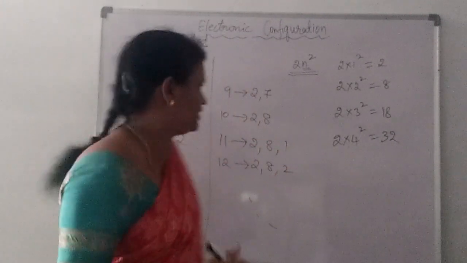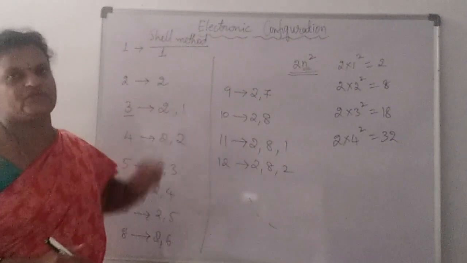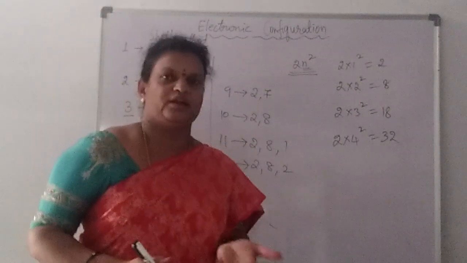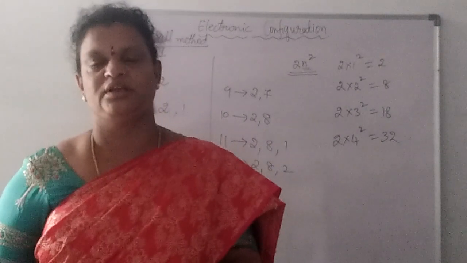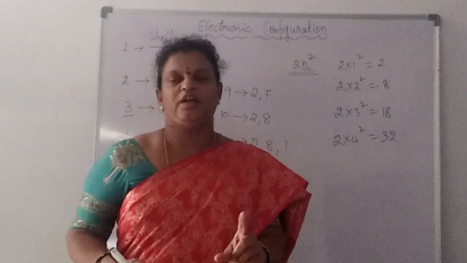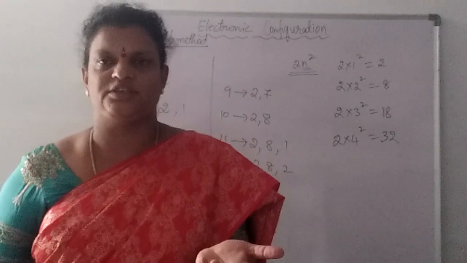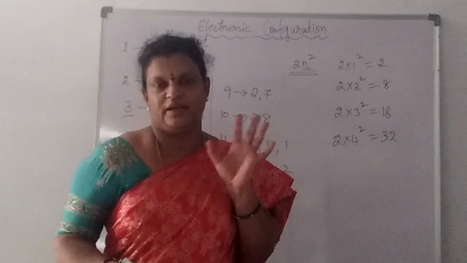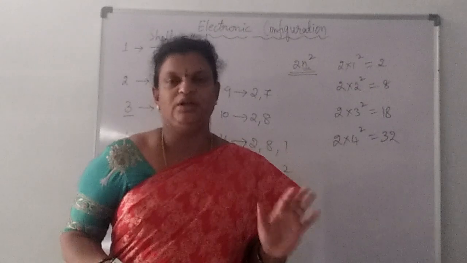One exceptional case here: in the second shell an electron is entering, but the first shell is not filled with 8 electrons, because it cannot be filled. Why can it not be filled? Because only one subshell is there, the S subshell. The S subshell has only one orbital. In one orbital, how many electrons will fit? Only 2 electrons. That is why there are only 2 electrons in the first shell, right? So that is an exceptional case. In all remaining cases, you have to remember this rule.